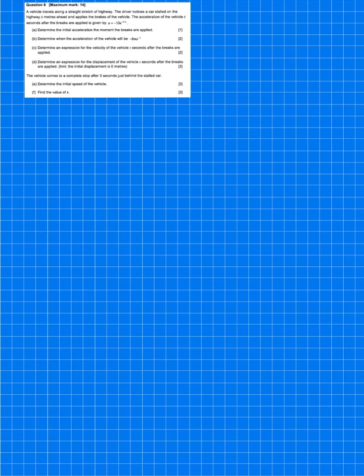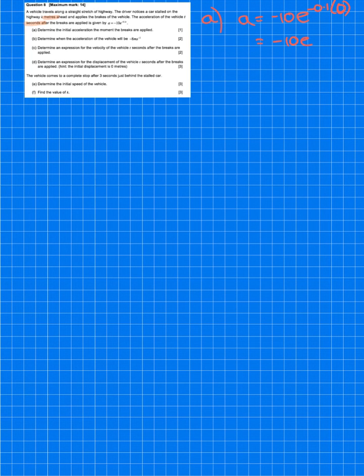It's worth noticing that we're talking about seconds and meters in this question, so that we get our units right later on. Okay, so part A just says determine the initial acceleration. So remembering that acceleration is negative 10e to the negative 0.1 times t. Now initially, that's when time is equal to 0. So we're going to sub in a 0 there, giving us negative 10e